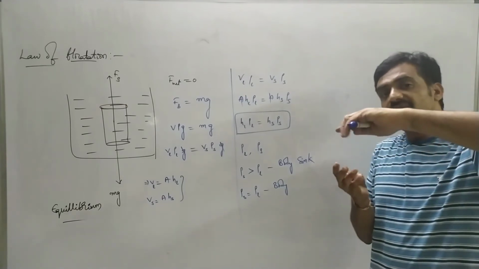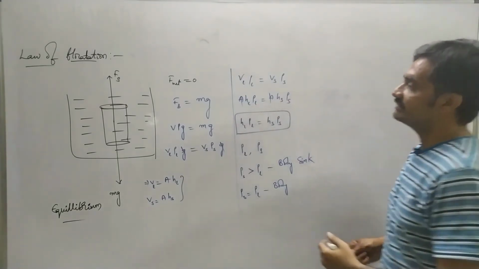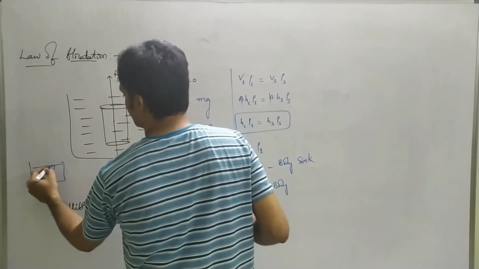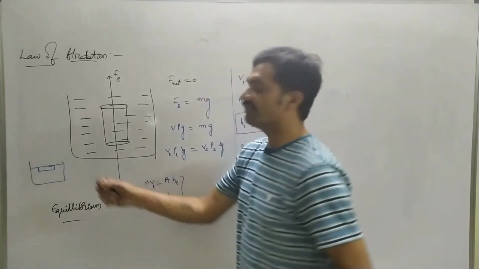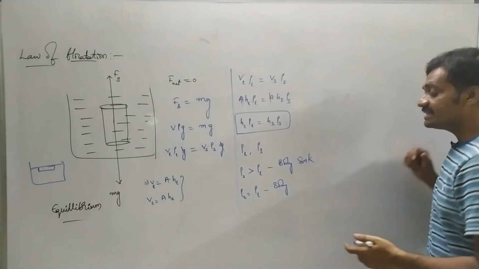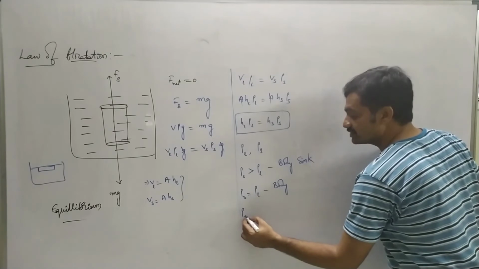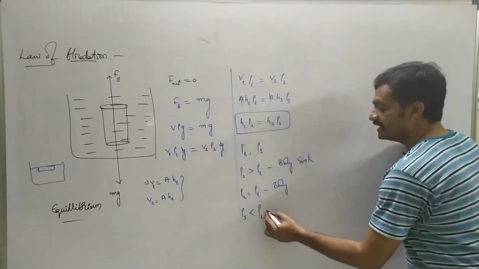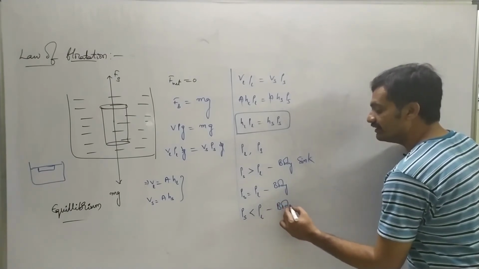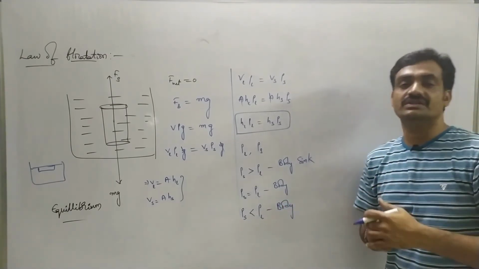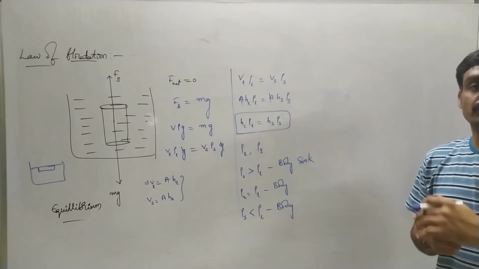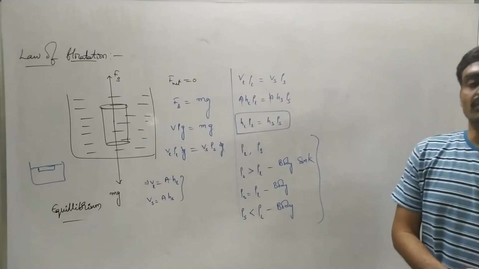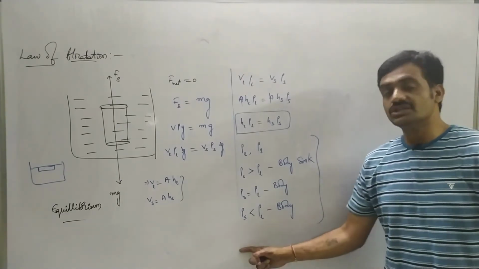So here the body will be immersed, whereas it will be on the surface of the fluid, just like this. Just like this, the body will be floating on the surface of the fluid. Whereas if density of the solid body is less than density of the fluid, then the body will be floating on the surface of the fluid, just like ships, boats, etc. So based on this condition itself, the bodies are going to float on the surface of the fluid. Take a screenshot, we will continue.